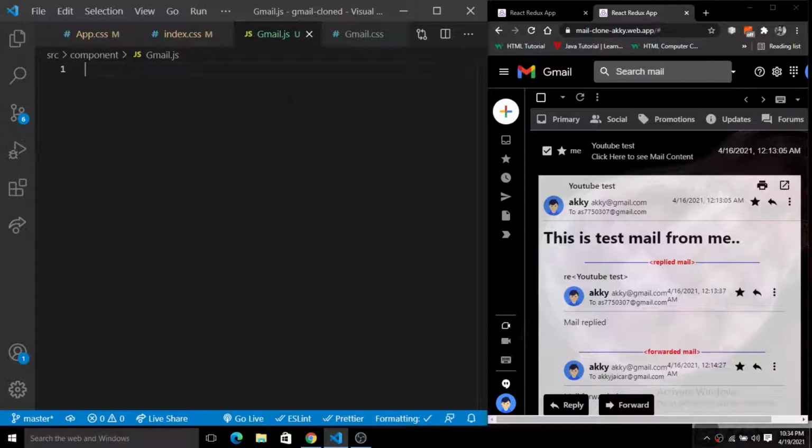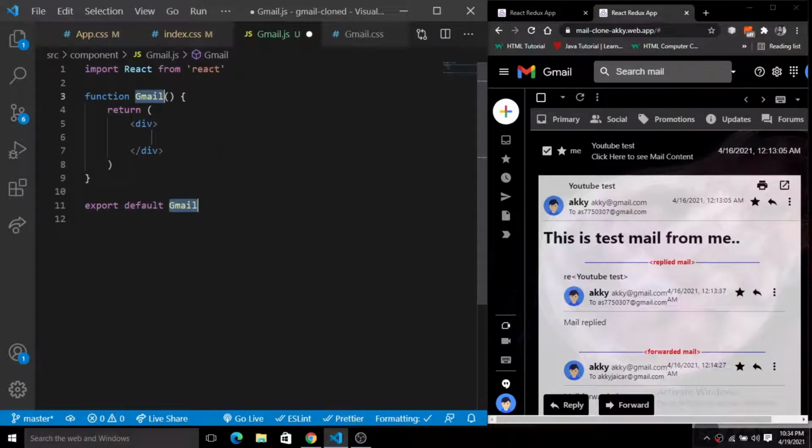Inside of this Gmail, first of all I will use a snippet: RFCE, which generates a React functional component. So here we have this functional component of React.